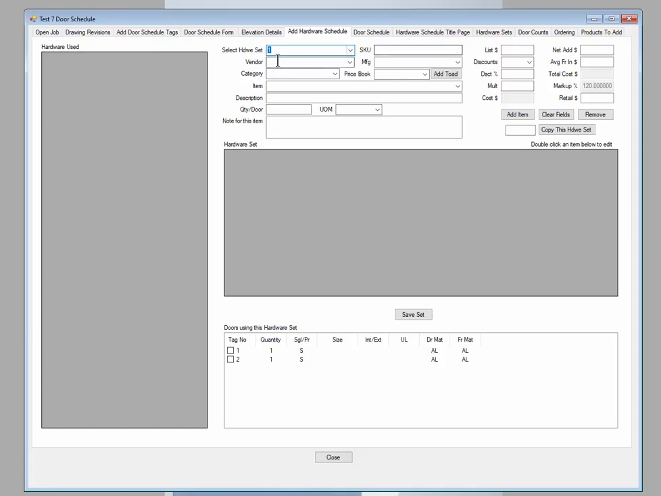So from here, you can go ahead and start entering the hardware that you're going to supply for this set. Now this particular set looks like it's a pair of aluminum doors. Maybe I don't supply aluminum, but I will be supplying maybe the cylinder for the locks. So let's go in and enter, say, Yale for the vendor, and of course manufacturer. For this category,